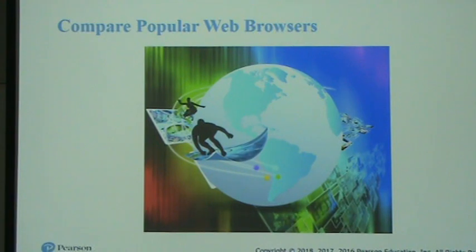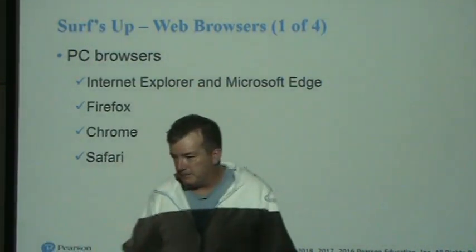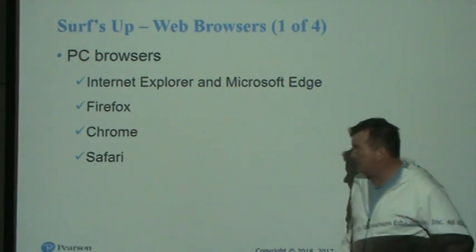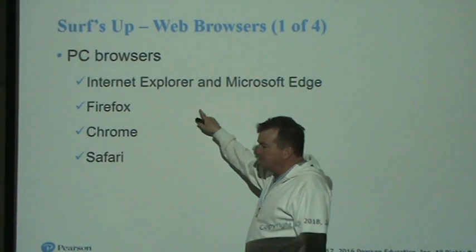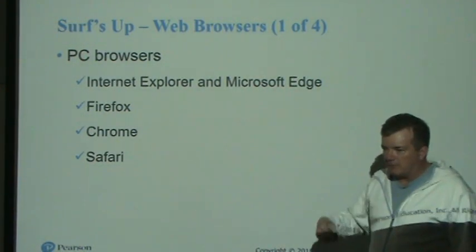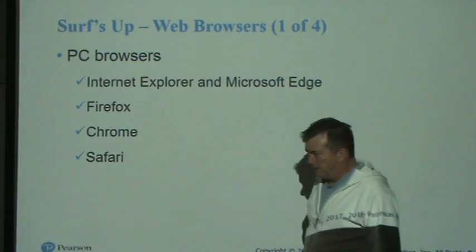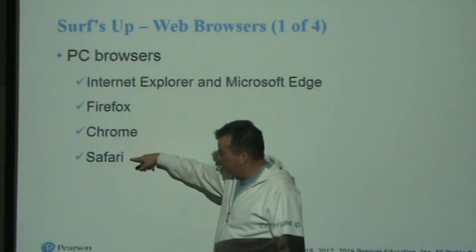Okay. There are different types of web browsers that you can use. Most of you probably know these. Over time, this list will change. Some of these may leave the list, new ones may join. Internet Explorer is made by Microsoft, so if you have a Microsoft Windows system, you're going to have Internet Explorer for free on it. You can download other browsers like Firefox, Chrome, or Safari.